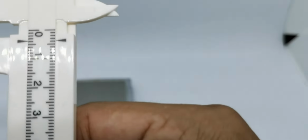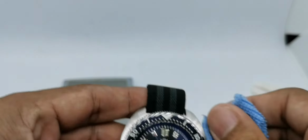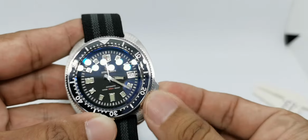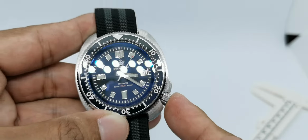Okay, so that is about 4 millimeters, right? So it is a lot smaller. So I know what, on about the crown action. The crown action on this Steeldive is definitely a lot better. So you can see when I open it, boom, it has that crown pop, and the spring is very strong on this